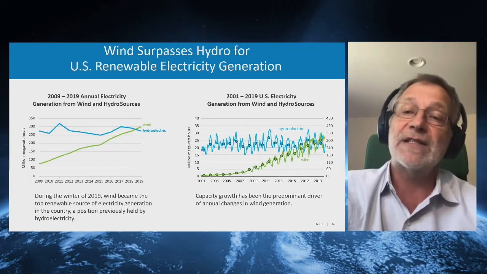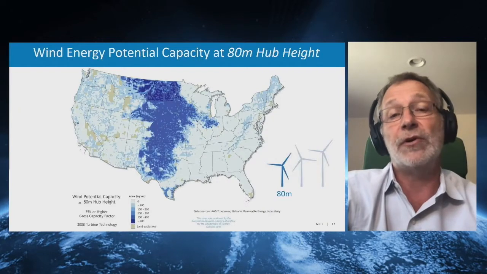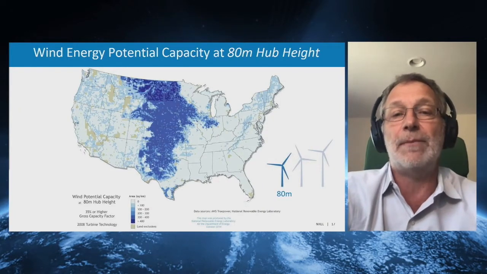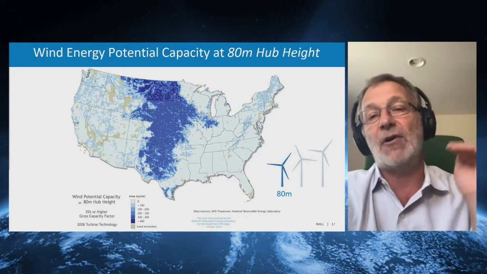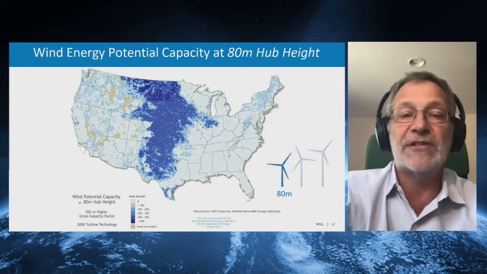And to show you on the next couple of slides the potential of wind, where we go in the near future. This blue shows you the wind potential map when you have a wind turbine at an 80-meter hub height. So this means how tall these wind towers are. And as you know, in the middle, there's a lot of wind.